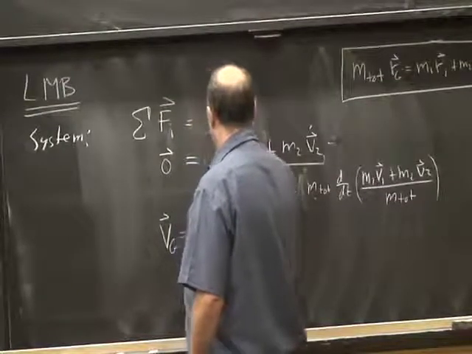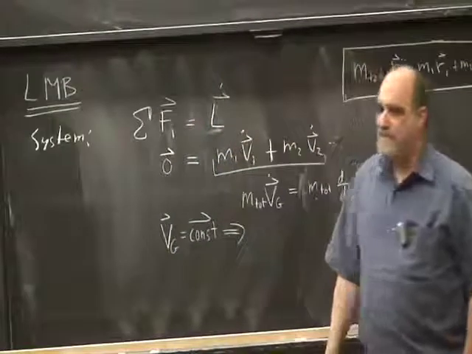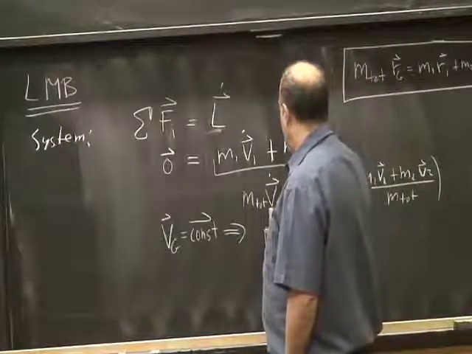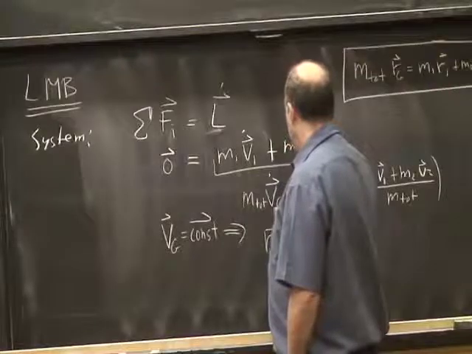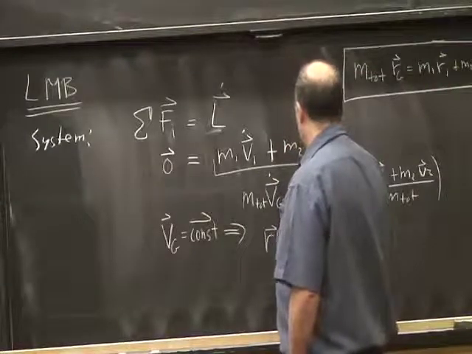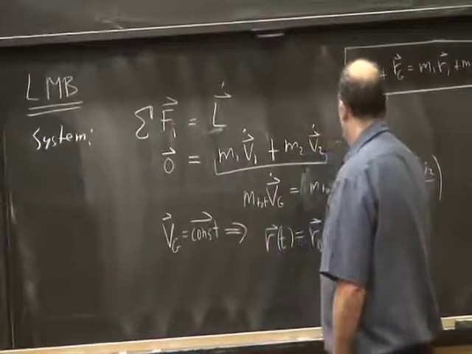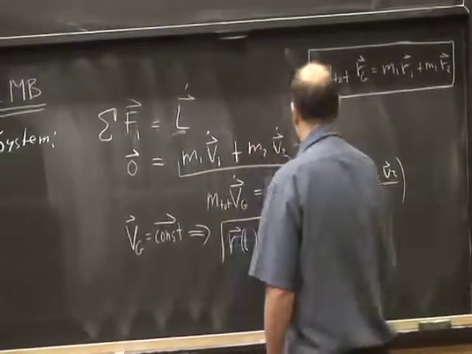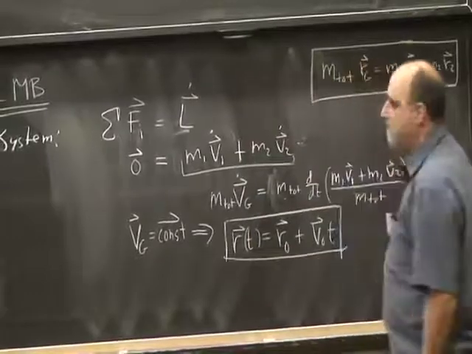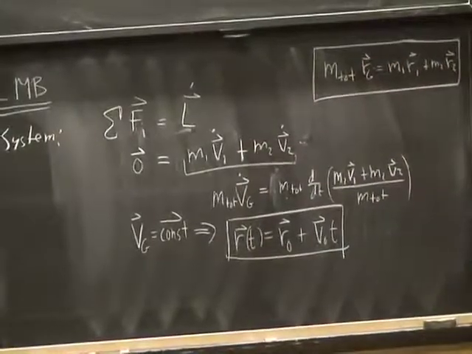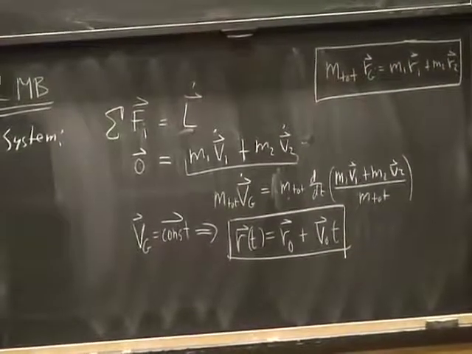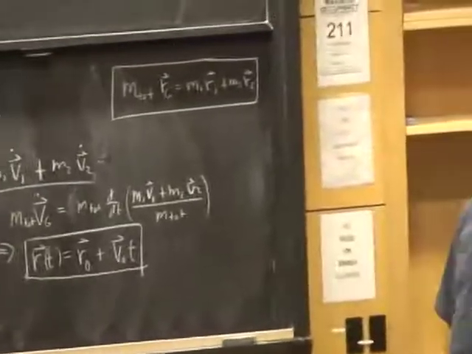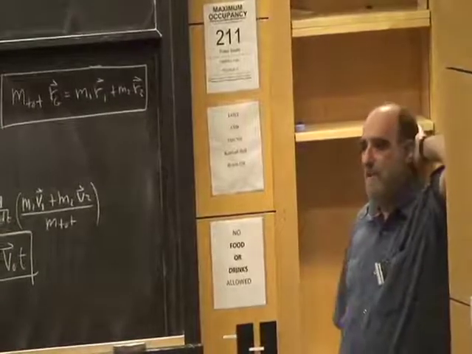And if we want to put this in the world of solving differential equations, it says position as a function of time is going to be some initial position, r0, plus some initial velocity times t. So this is actually solving the differential equations. You can think of that as solving the x component and the y component separately, but it's easier to do this geometrically than it is to do it algebraically or in calculus and in components.